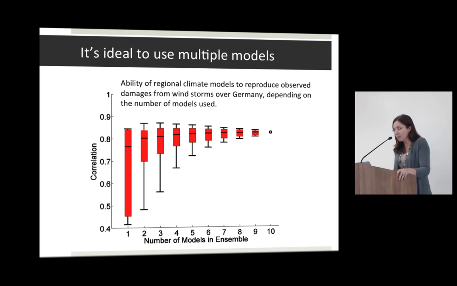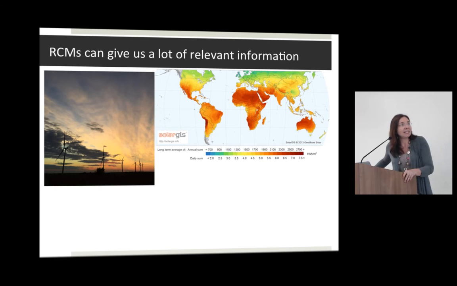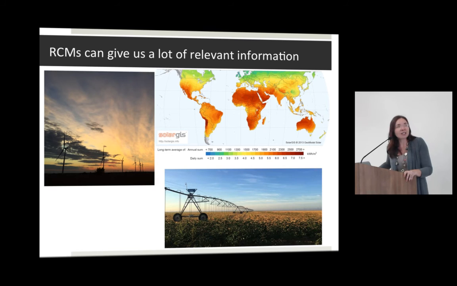Why do we use regional climate models? Because they give us a lot of good information. What if you wanted to study the viability of a solar panel array in Africa? You can get cloudiness and solar energy from a regional climate model. What if you wanted to study if we should install a new wind farm in South Texas? You can get wind patterns from a regional climate model. What if you wanted to study the impact on agriculture? You can actually couple a crop model with a land surface model with a regional climate model. They can do amazing things.